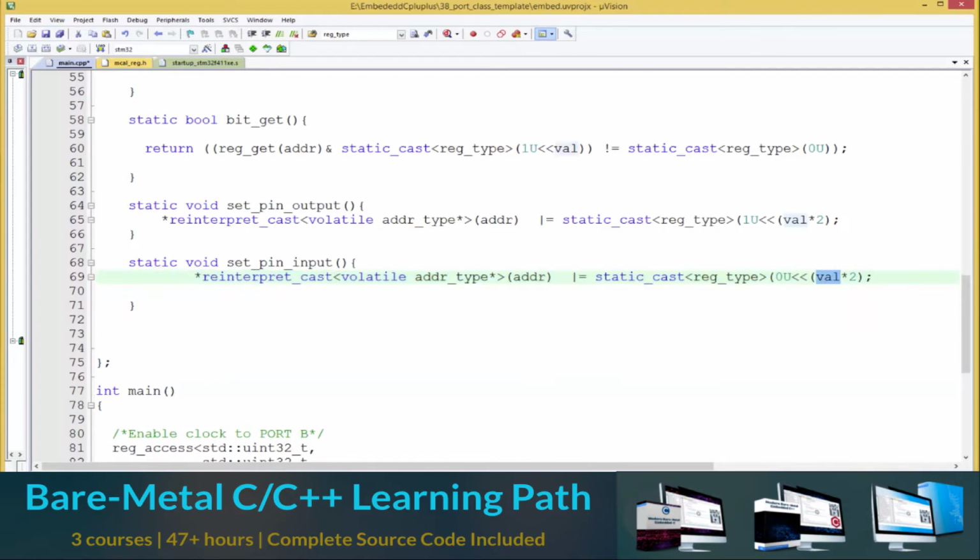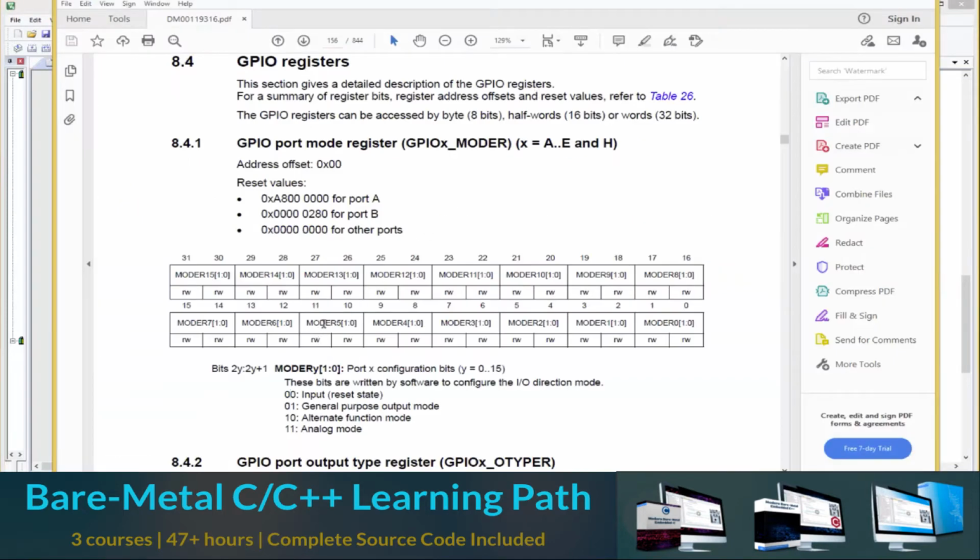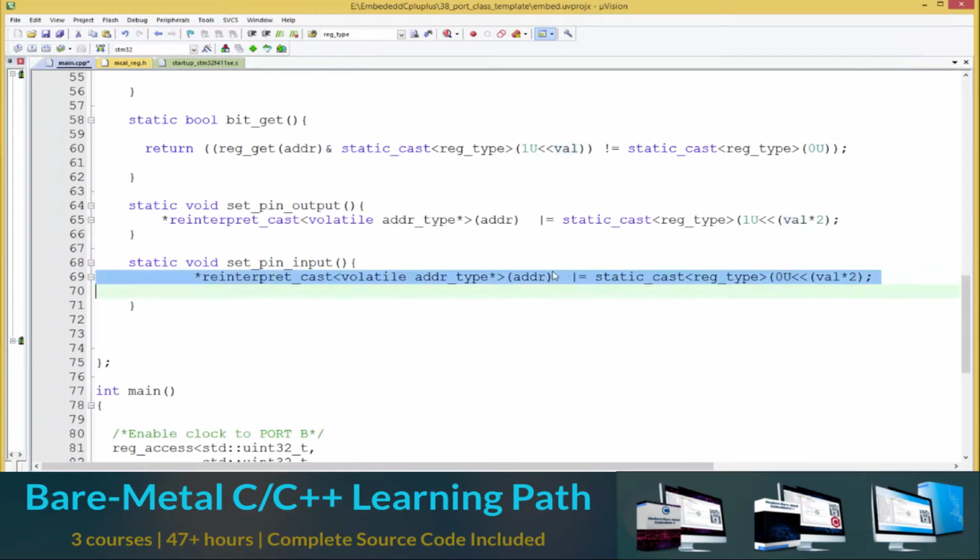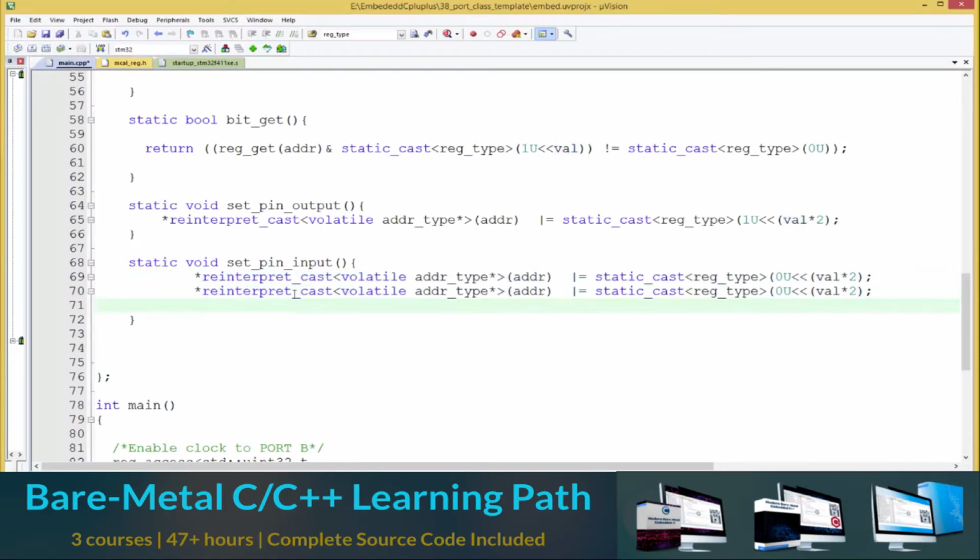Let me show you what I mean. Over here, still using PA5 or pin 5 as an example, its first bit is at position 10, that is 5 times 2. Its second bit is at position 11, which is 5 times 2 plus 1. So I'm going to copy this and then paste this over here, and then this time I'm going to say,